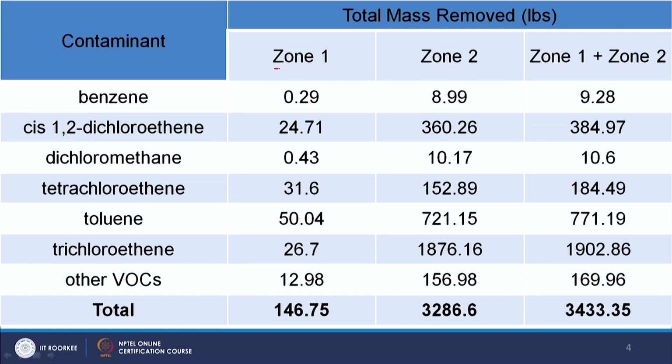So, two zones obviously, I think the south and the west zones. We have different contaminants here. In zone 1 relatively less, but in zone 2 you see a considerable amount. This is in lb, or pounds, and typically 2.2 pounds is equal to 1 kg. So, now you get an idea about the total mass of these VOCs that were removed. That is something to keep in mind: more than a ton was removed out here.